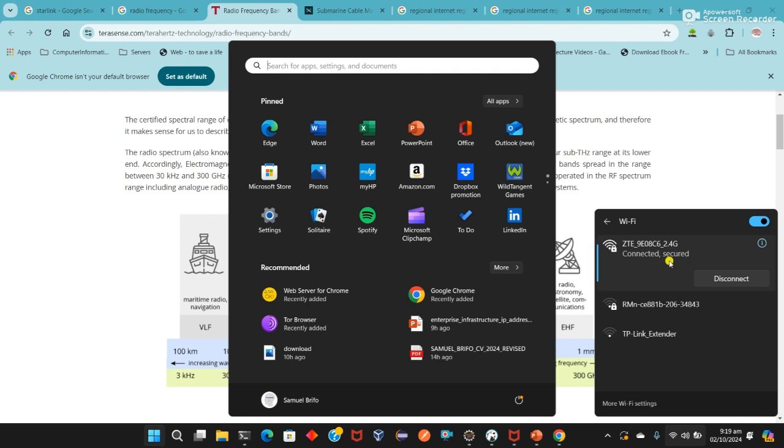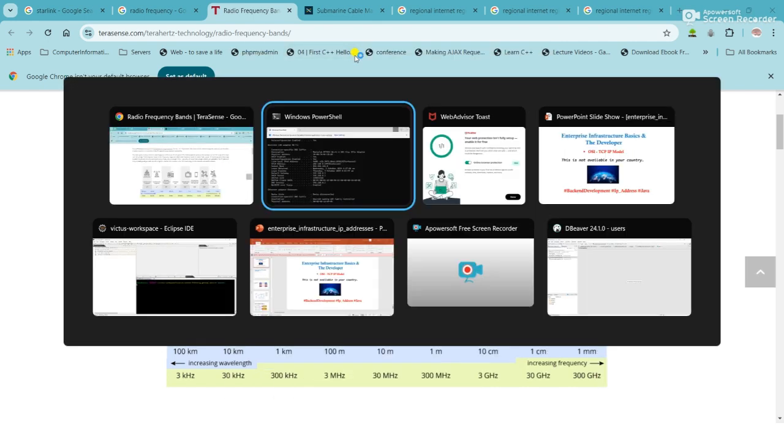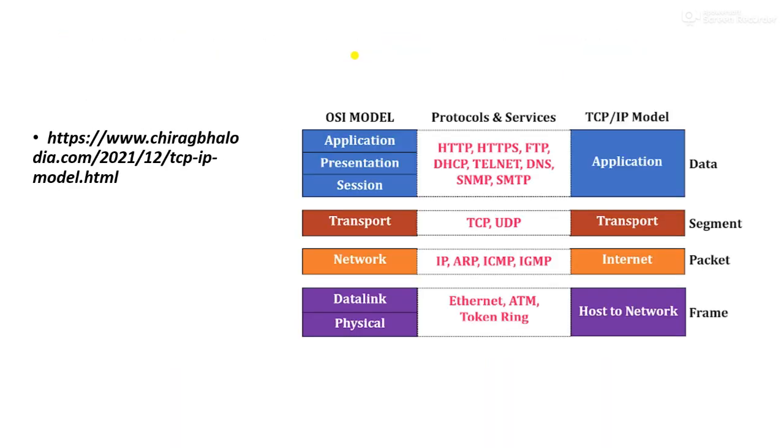Once it says connected and secured and there's data, you've actually started the process. You're actually inside the TCP/IP framework, or your device is actually following the TCP/IP model as long as you stay connected.